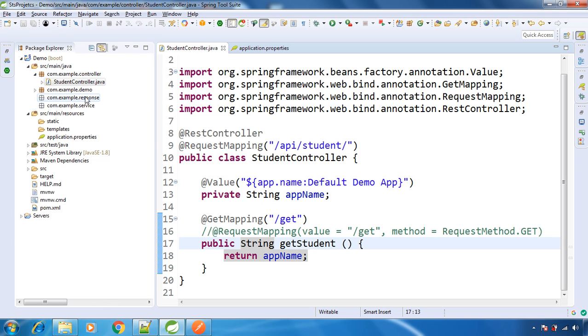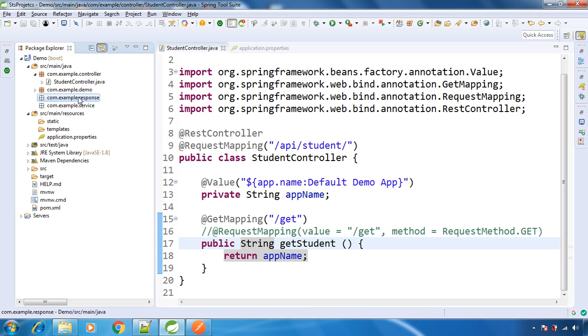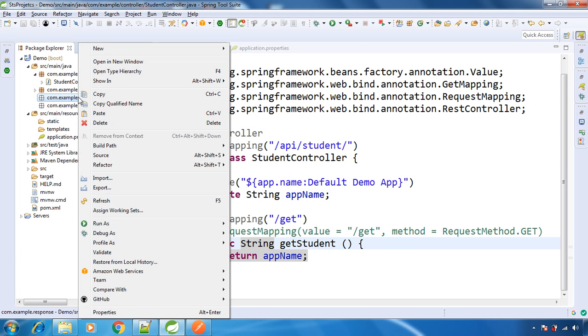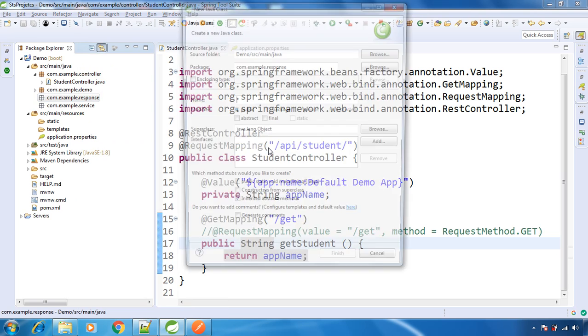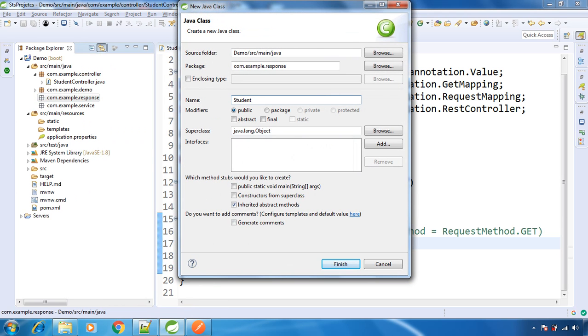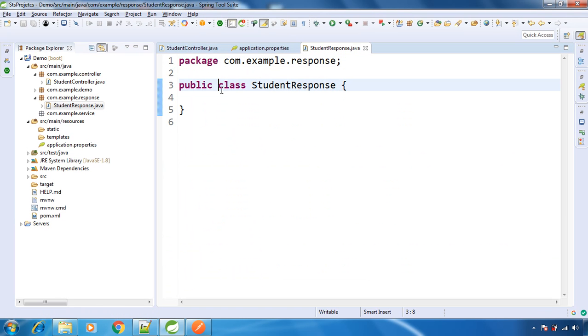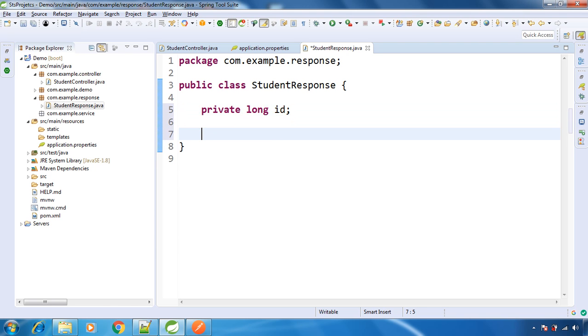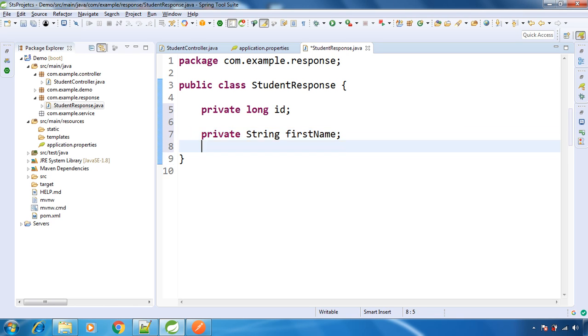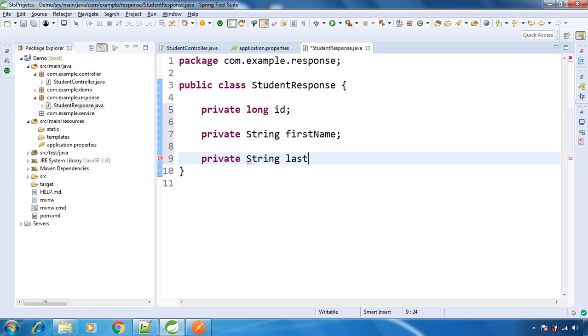For that, I have created one separate package for the response, and here we will create the class. Let's give it the name StudentResponse. You can give any name, but we have our student controller, so it's StudentResponse. And we will add some fields inside this class: student ID, first name, and last name.